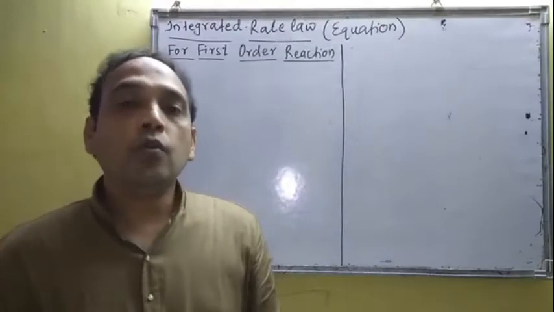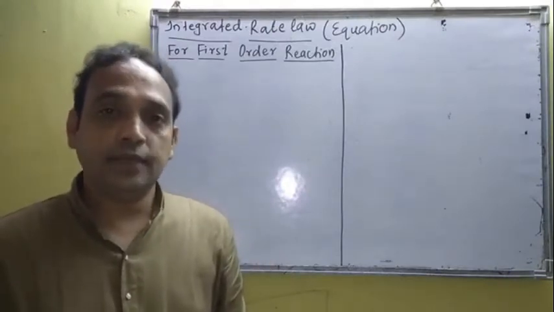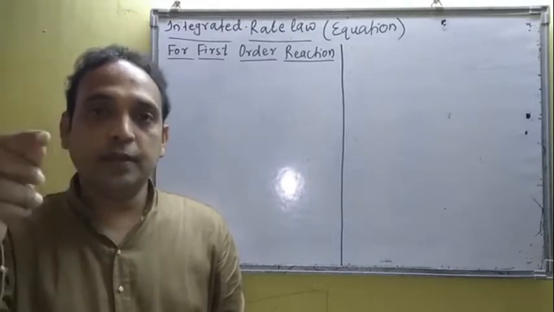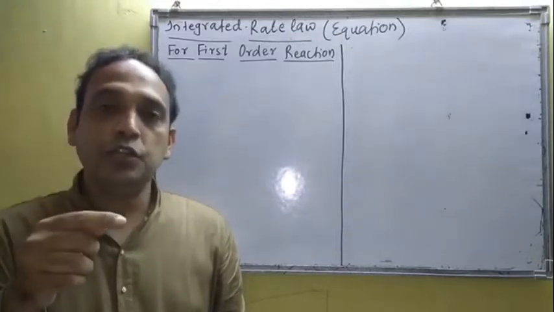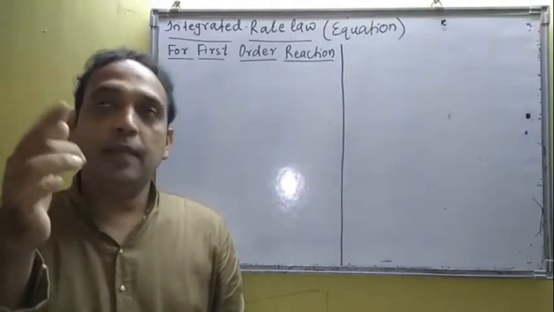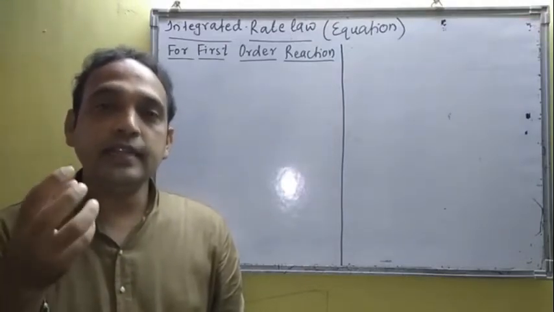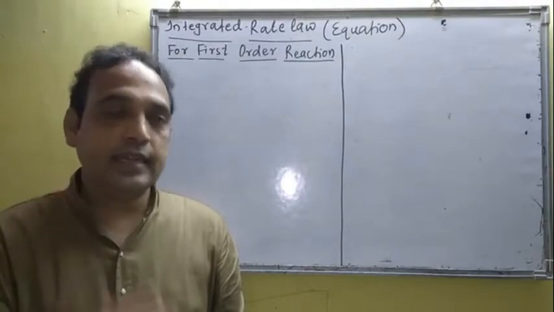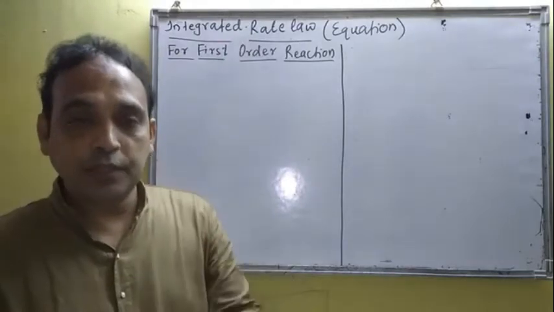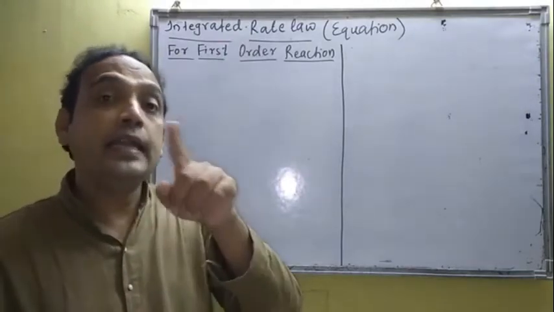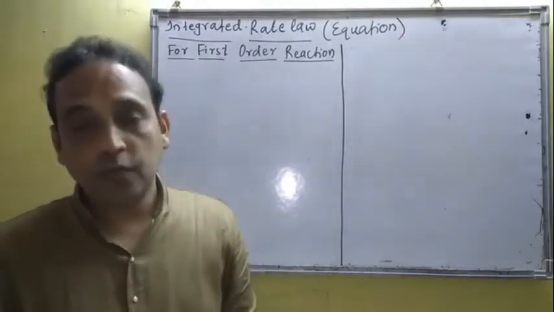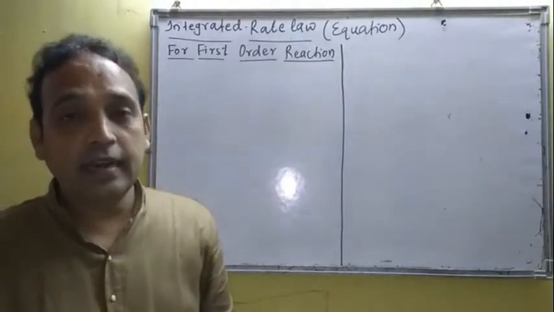Okay. Now how to write the instantaneous rate? We have discussed it in the form of differential with respect to time. Suppose A is the concentration of reactant. So in differential form we can write here minus dA by dt. That is the instantaneous rate. Now what is the integrated rate law? The expression obtained by integrating the differential rate law.